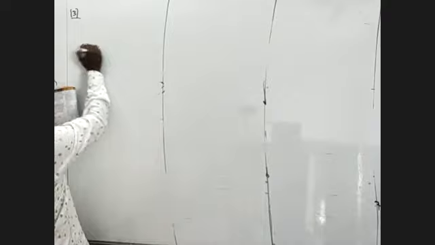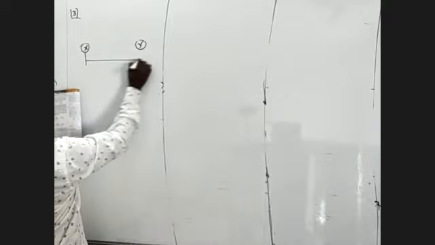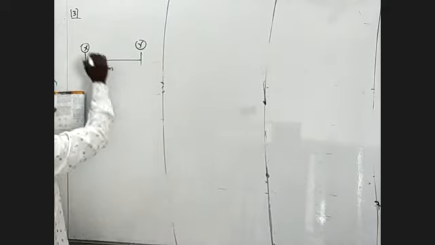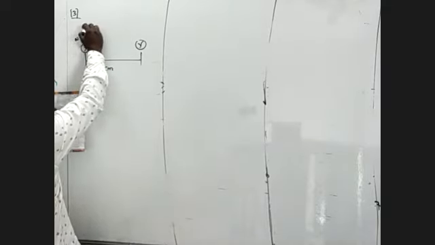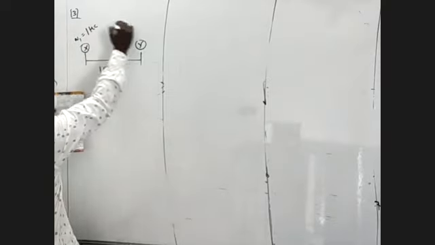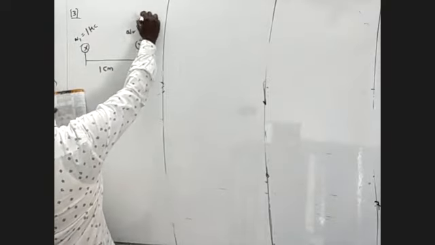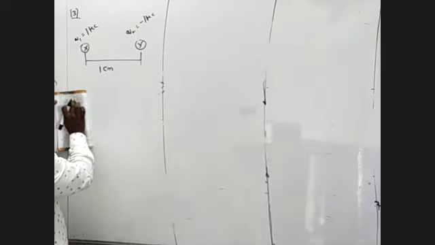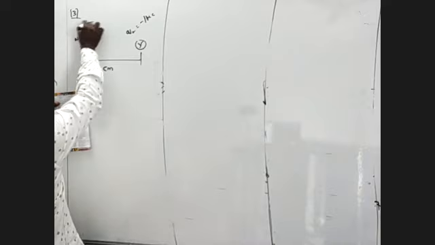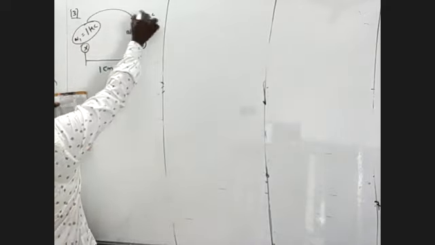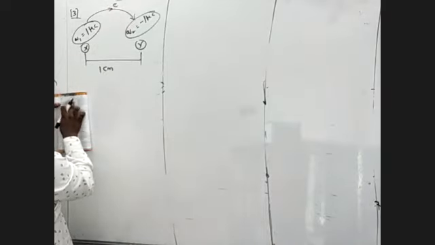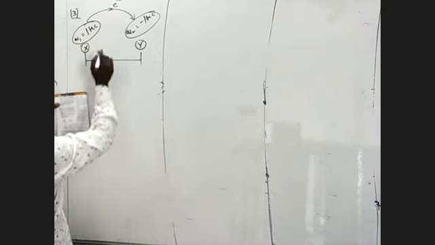This is object X, this is Y. The distance between the two objects is 1 centimeter. The charge Q1 is 1 μC, and Q2 is minus 1 μC. Now certain electrons are removed from X and transferred to Y, such that the electrostatic force between the two objects